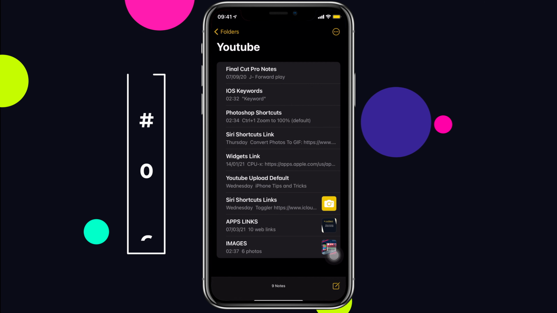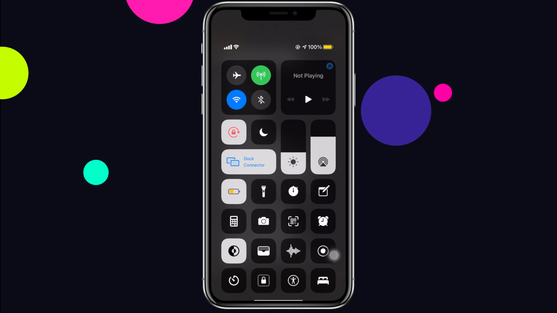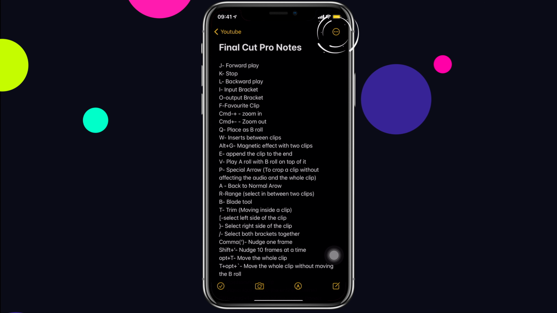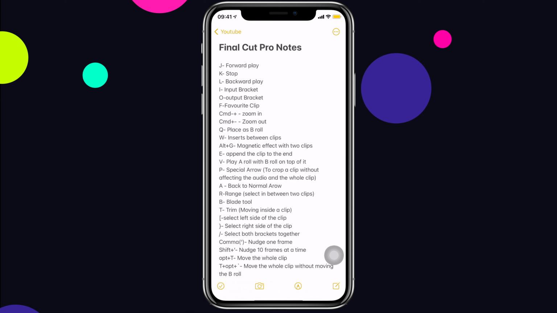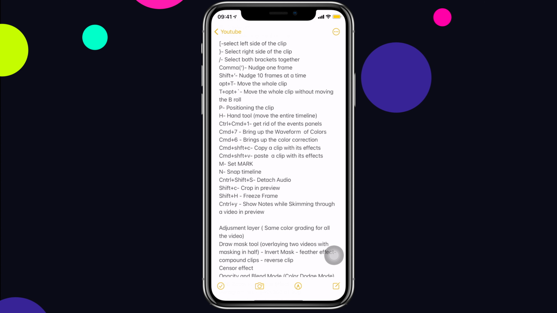If you prefer dark or light mode on your iPhone, mine is set on dark mode right now, but for some reason you don't prefer the same for your notes, well, you can simply change it from these settings. In my case, to light mode. But the thing to note here is that it will change the mode for this single note and not all the notes.